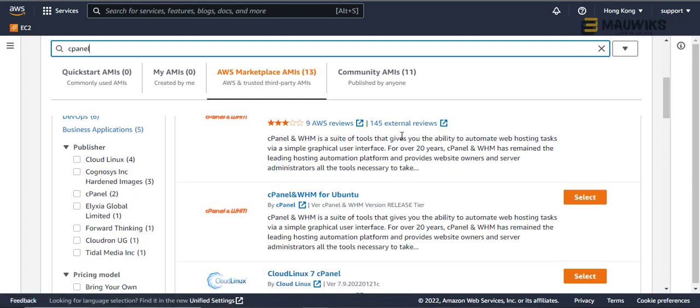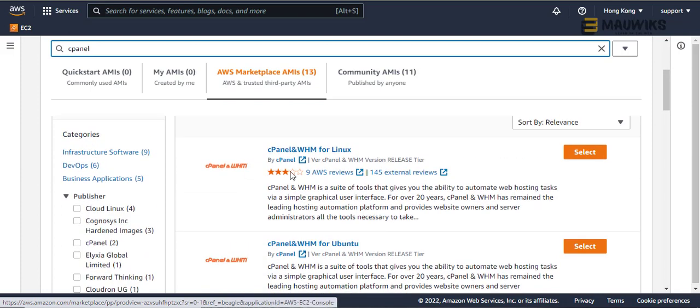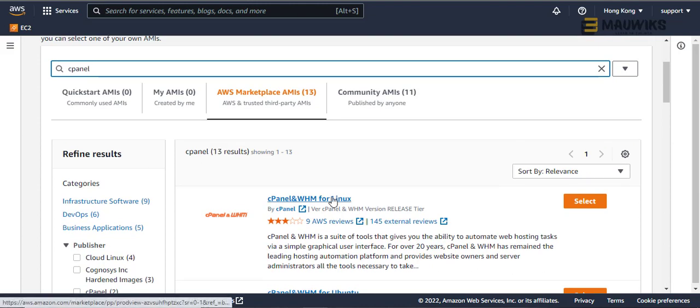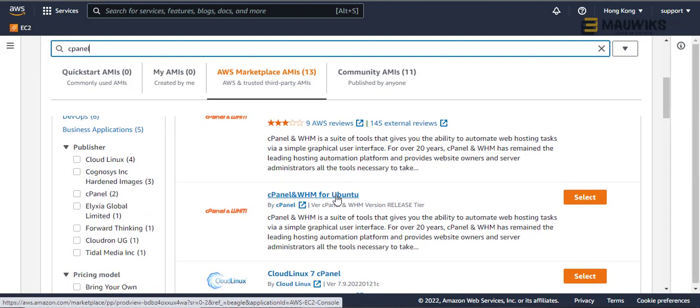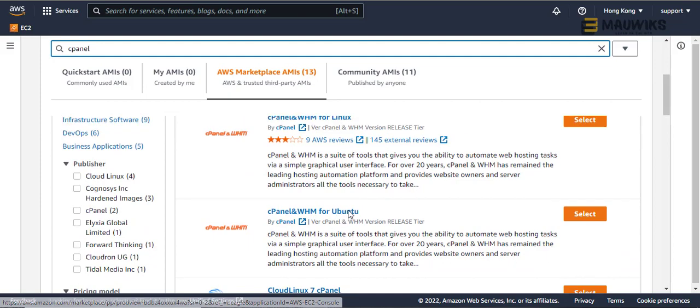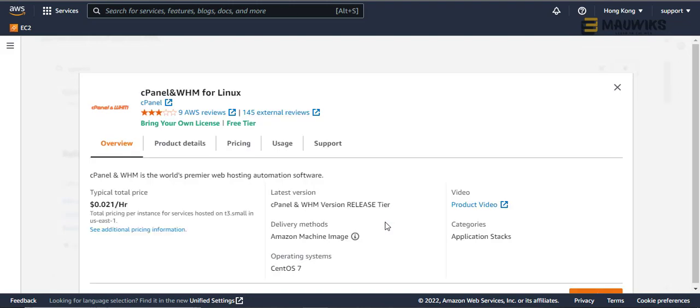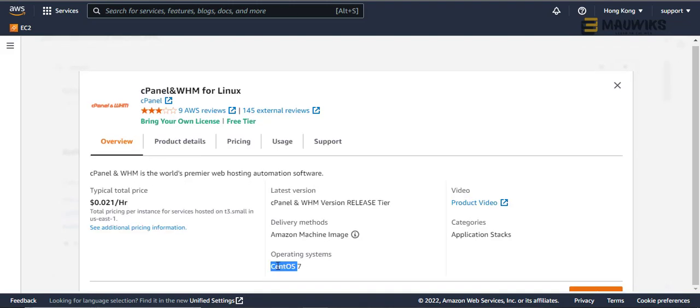cPanel release tier reviews. Is this new for Ubuntu? Okay, so I believe this is the one that is using CentOS. I like using CentOS, so I'm gonna use this one. But if you're an Ubuntu guy, you can just select this one. I'm gonna select this one, and as you can see, it's CentOS 7, which is what I want. So once done,